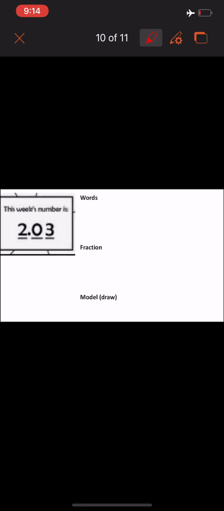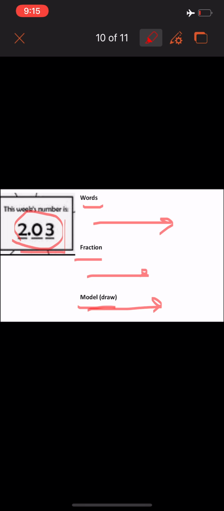Look at this question, girls. Here we have this number. I will not read it now. I will just give you a moment to think about this number: how we can read it in words and in fractions, and how we can show it as a model. Can you do it by yourself? Just go, have a paper, write this example now and try to answer it by yourself. I just want you to write it in words here, in letters, okay? And here write it as a fraction, and here write it as a model, because here it is already written as